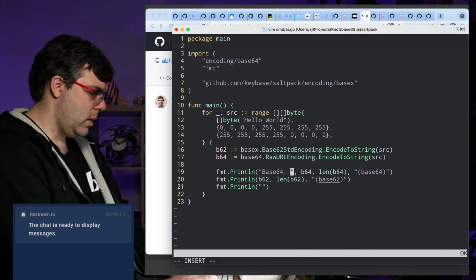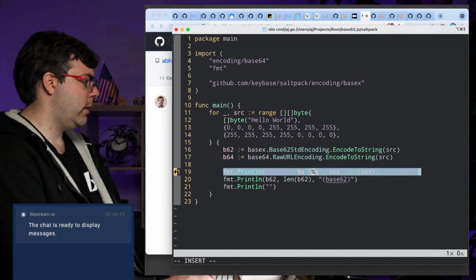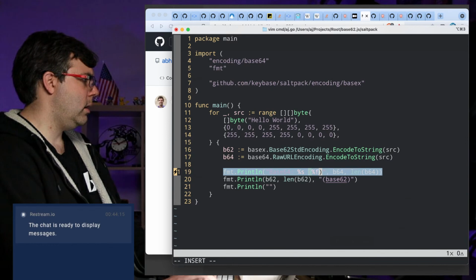We're going to put the string, and then we're going to quote the length. So Base64 length, and no, we won't quote it. We'll do, what is it, N, F,